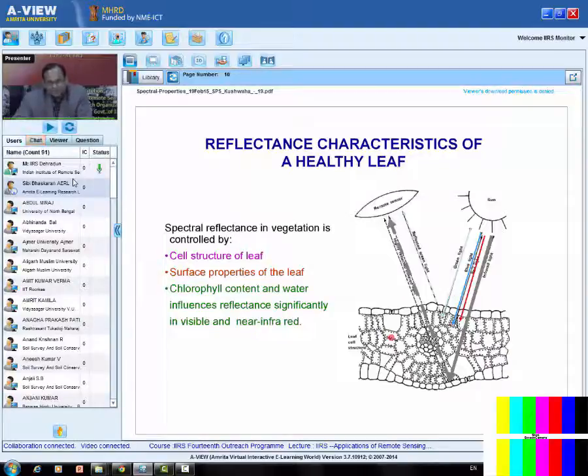Now, anything that happens to a plant, let's say less watering or dry season or drought, or lack of nutrients, or damage by anything else, or extra heating and no watering, all those will actually modulate cell structure and therefore surface properties as well, and the chlorophyll content, which ultimately will be reflected like the way I have shown here. And these leaves will be different from a healthy plant, and therefore we are able to make out the diseases,